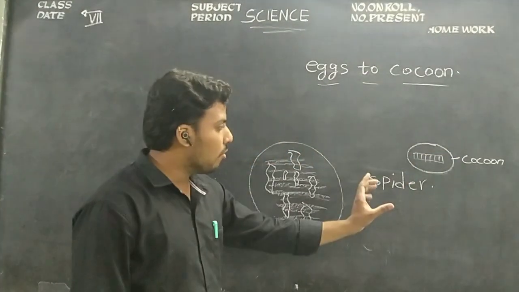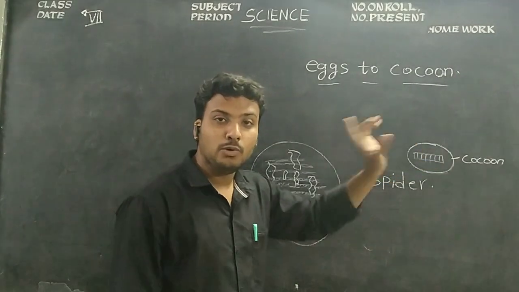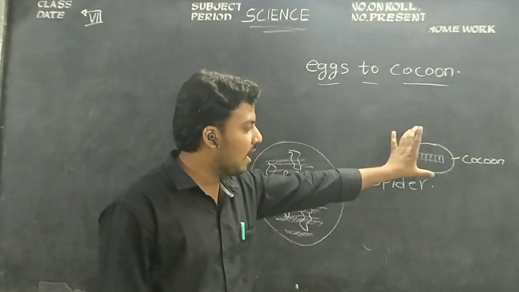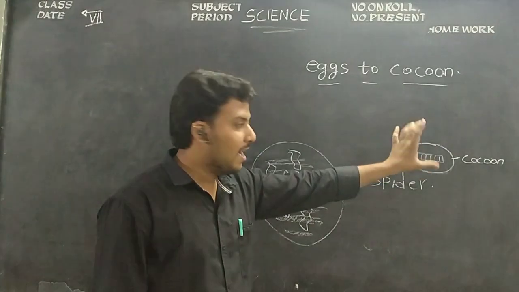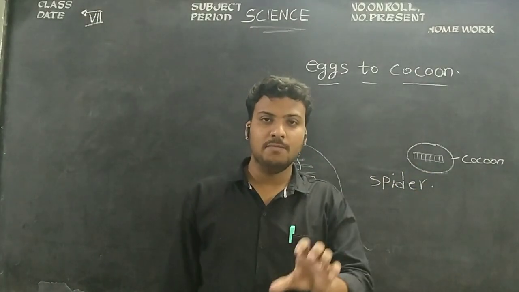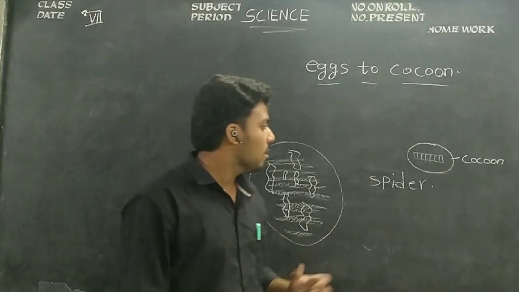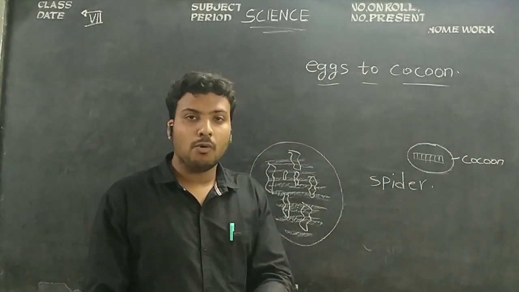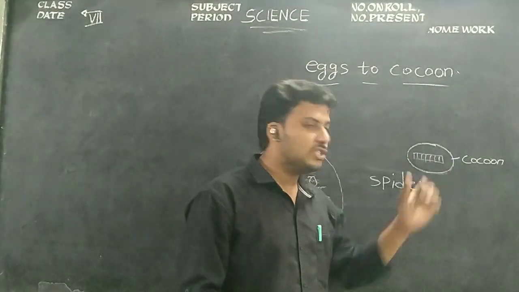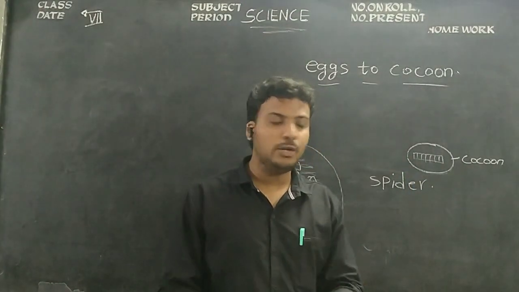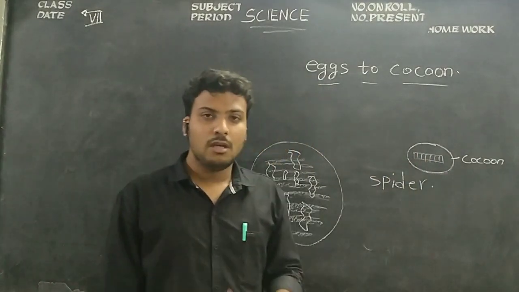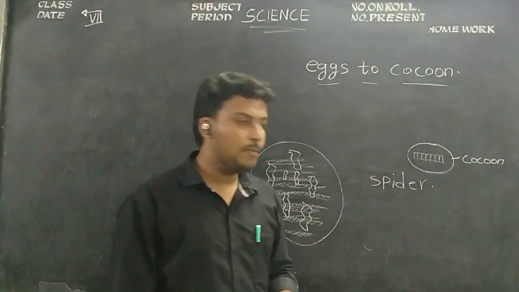So right now, after getting into the cocoon, we should not make any mistake, children. Simply we have to take this cocoon and keep it in a steam water bath, children, or a steam oven. Why, sir? Because if we want to obtain good quality silk, we need to do this, children. Simply we need to kill the larva which is present in the cocoon, children. If we don't do that, what happens?